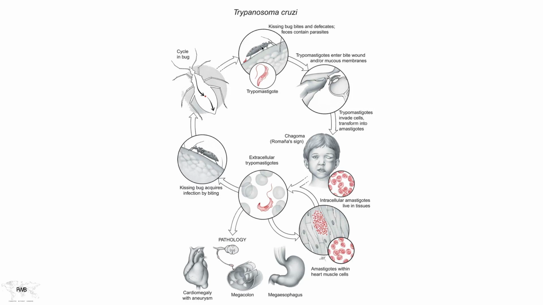So the life cycle of this parasite is a little bit different than the ones we've discussed before that involve vectors. And that's because of what happens in the vector itself. So we begin by showing a reduvid bug taking a blood meal from an uninfected individual. And note that the parasites are colored this pink color.